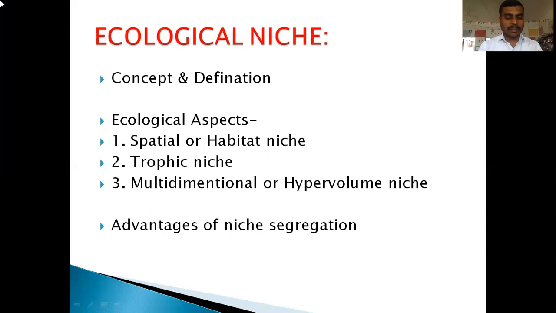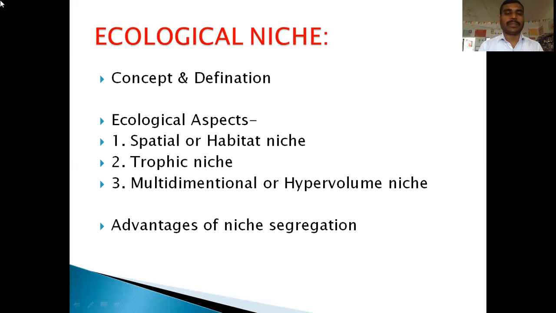This may be the same for different types of organisms, but two different types of species cannot live for a long time in the same habitat or same spatial niche. Then the second aspect is